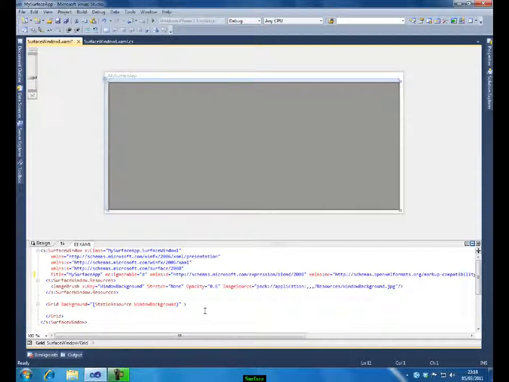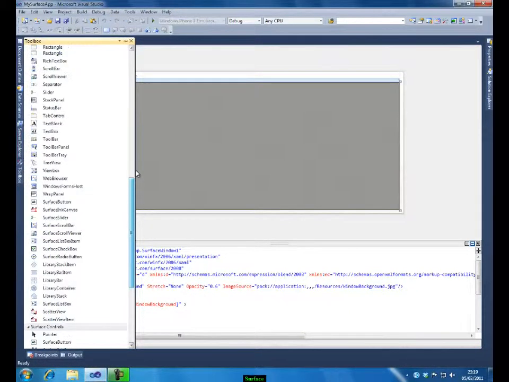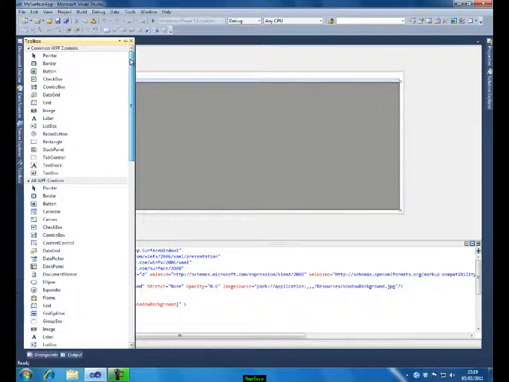In this demo, let us try to add a few images on the Surface device. To do that, we have a built-in control called scatter view. Before that, let me open the toolbox. In the toolbox, you can see we have some common WPF controls which we can use with the surface.